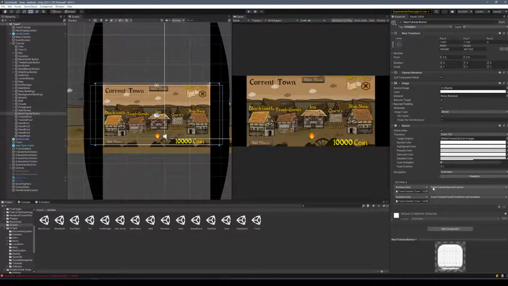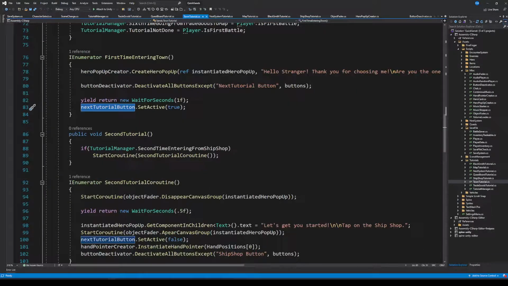And then you add to it the functions that it needs to call. So if it's clicked, it has to call second tutorial. You can also add fourth tutorial if you need in the future. You have 2 tutorials when you come back to the town and you have to do something else. You have to press on the whole screen to go to next tutorial. So for now, let's take a look at second tutorial. Second tutorial here,